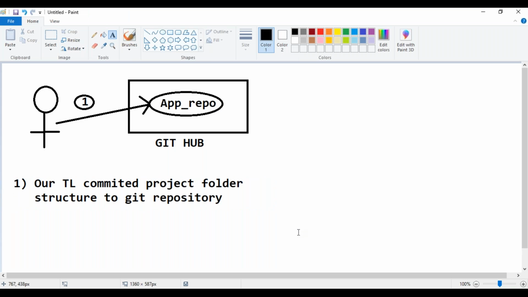Now, do I need to create the project once again and commit to the repository, or do I need to use the existing project in the repository? Will every team member create the project structure, or only one person? Come on, respond. Only one person. So the team lead already.